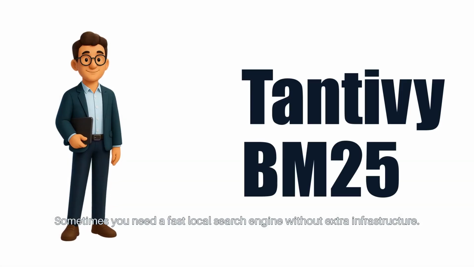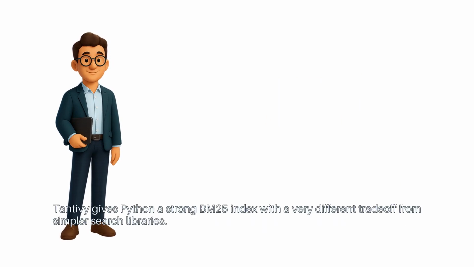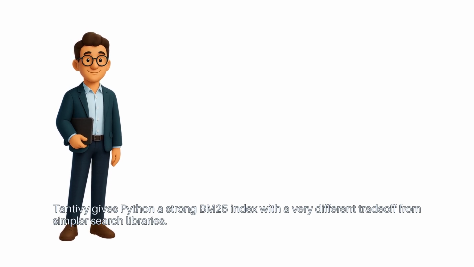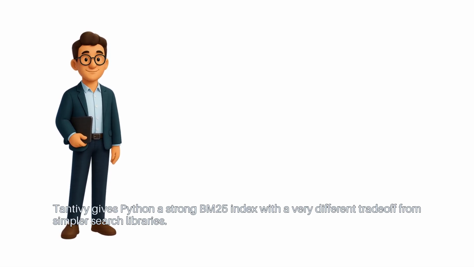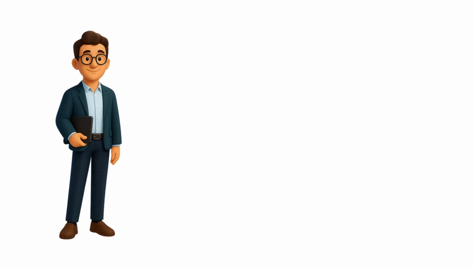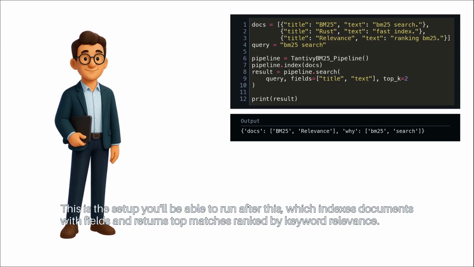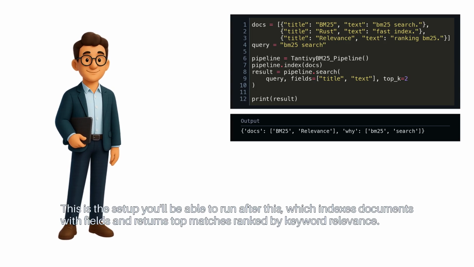Sometimes you need a fast local search engine without extra infrastructure. Tantivy gives Python a strong BM25 index with a very different trade-off from simpler search libraries. This is the setup you'll be able to run after this, which indexes documents with fields and returns top matches